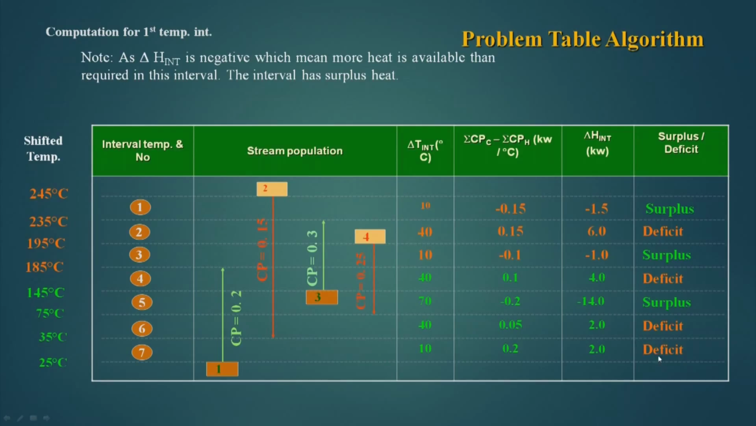Now, as per the rule of thermodynamics, the surplus amount of heat available in a temperature interval which is at a higher temperature can go down, but this surplus cannot go up, because heat can only transfer from a higher temperature to a lower temperature, not from a lower temperature to a higher temperature. Keeping this in mind,